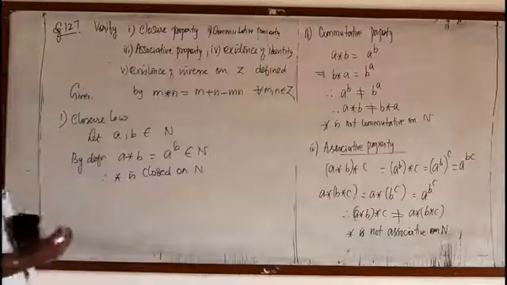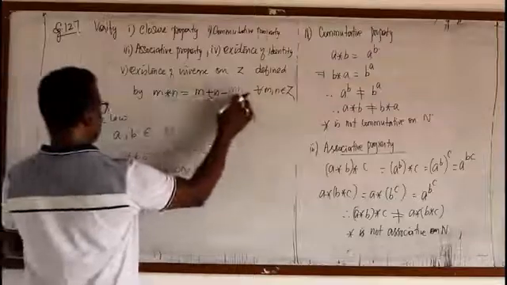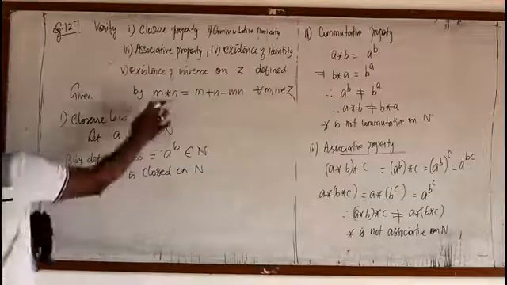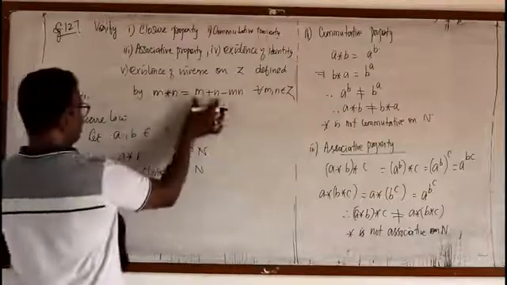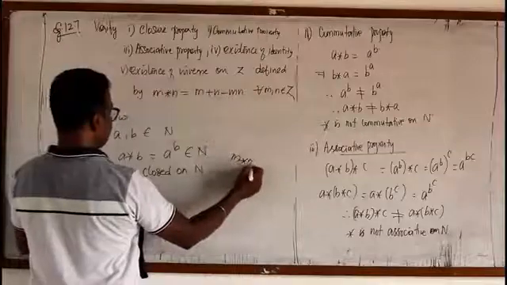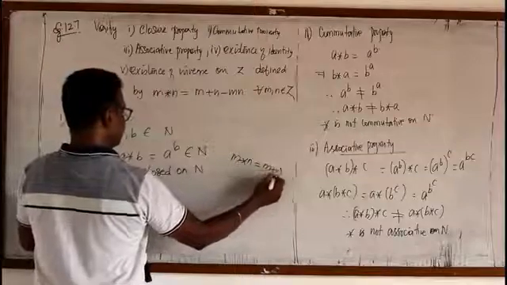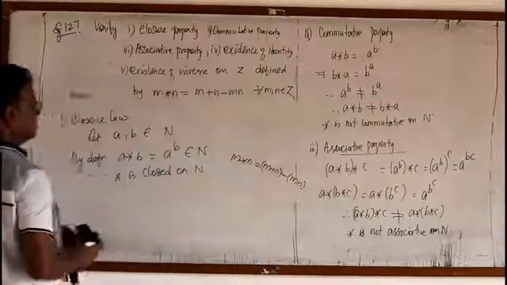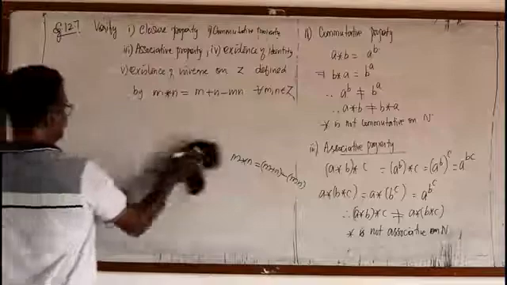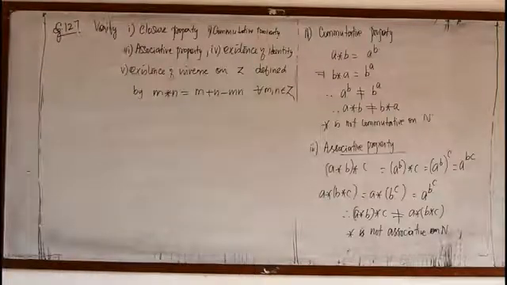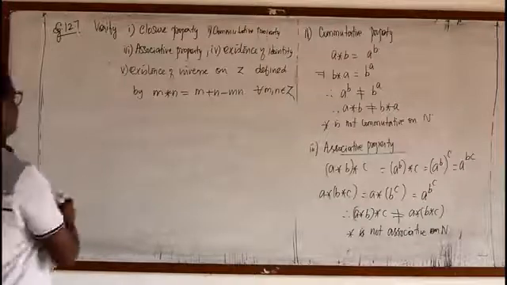That means star means what? You add two elements, multiply these two elements, and then find the difference. That's the meaning of star. M star N means add two elements, multiply two elements and then subtract. This is the star defined here. So we shall see whether, as per the star, this Z holds all these 5 properties.